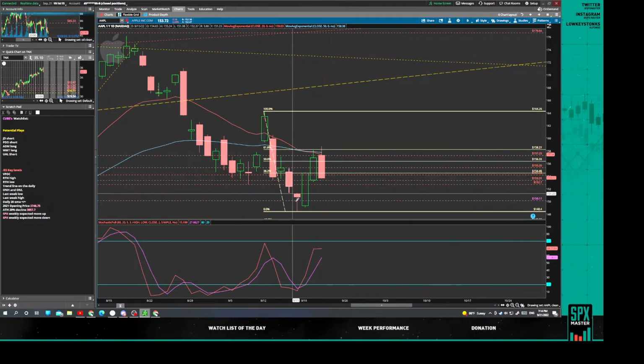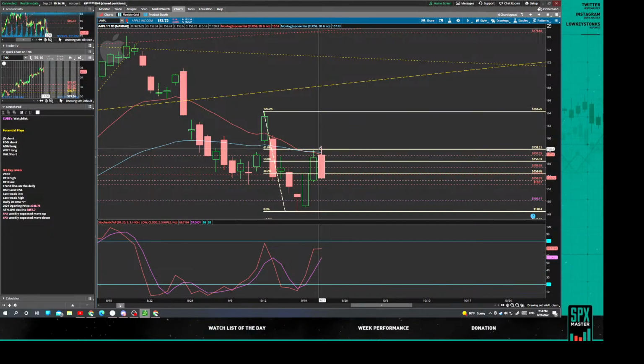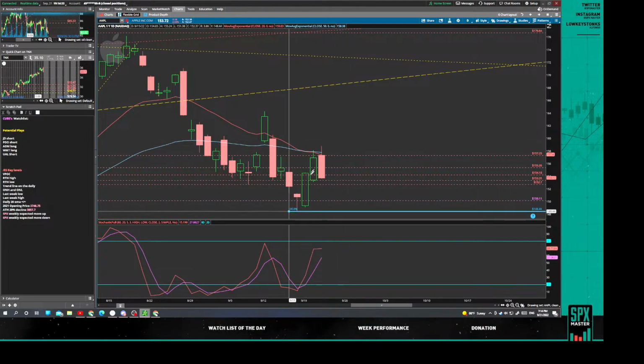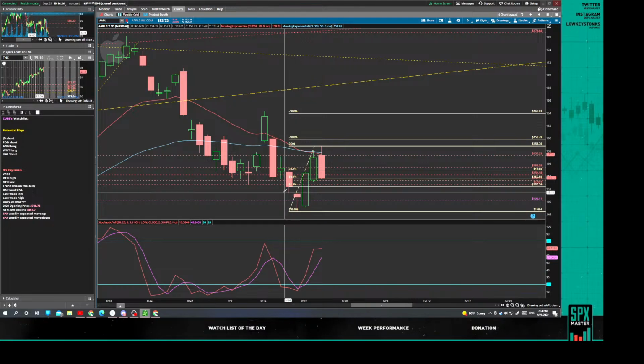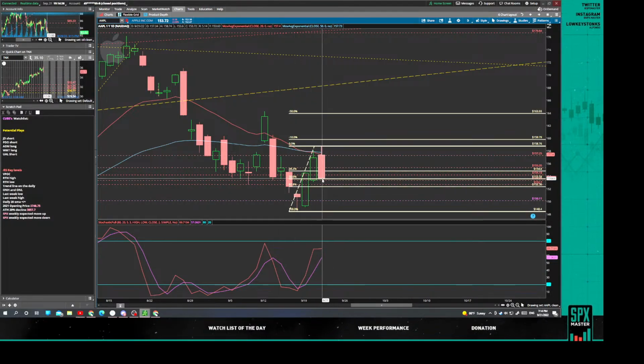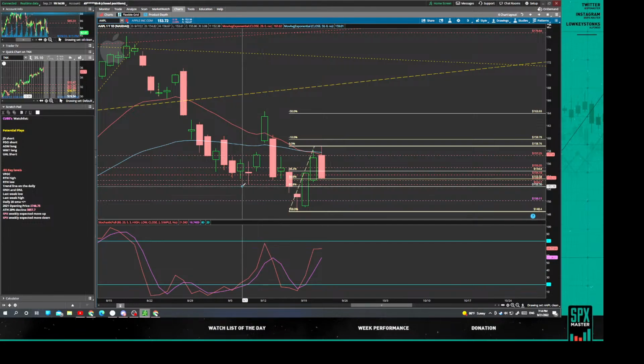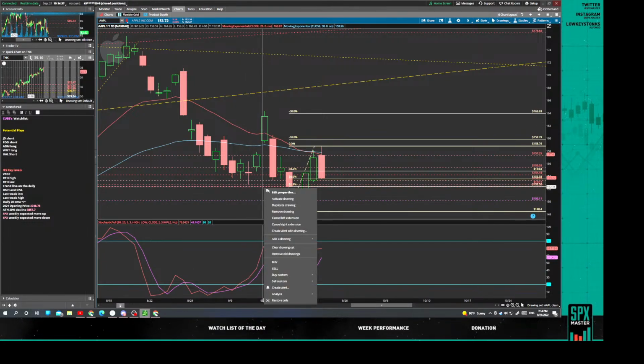Apple right now has made a 618 retracement rejection off of this high. Now, what you watch out for on Apple, because I know some people are short on Apple right now, is this right here, that it doesn't bounce at the 50 or at the 618 on the bull side. And if you clear this level, you're good to make the next legs down, right? So this will be your level to beat right here.